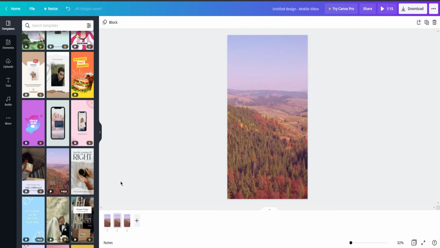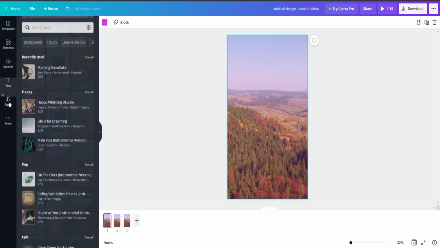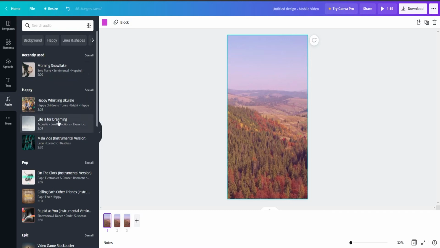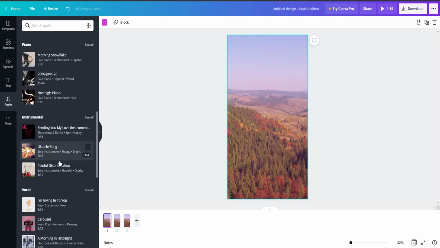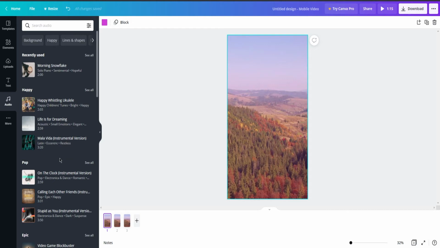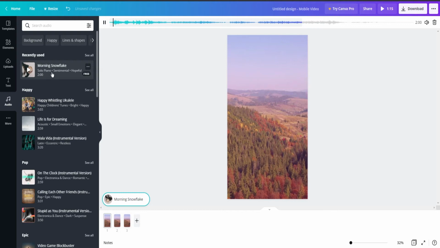Now to add audio, what you need to do is come over here and see this audio tab. You want to click onto audio, then you're going to find all these different types of audio clips and you can click onto it to see all. You can also choose what niche and what different types of topics they have. Let's say we wanted to use this morning snowflake. If I click on this over here, you can see that this type of audio fits in perfectly with what we want. Now once this plays, it's going to play right through, so it's going to be one nice audio straight through all these different clips.